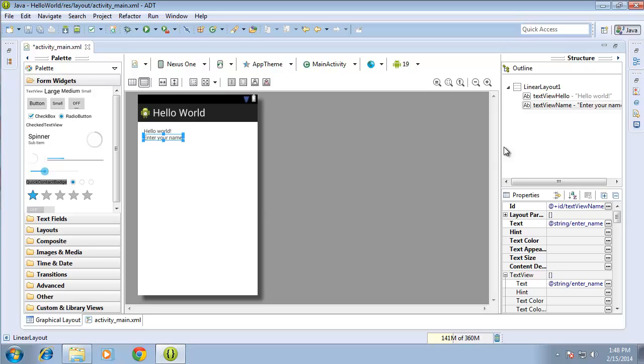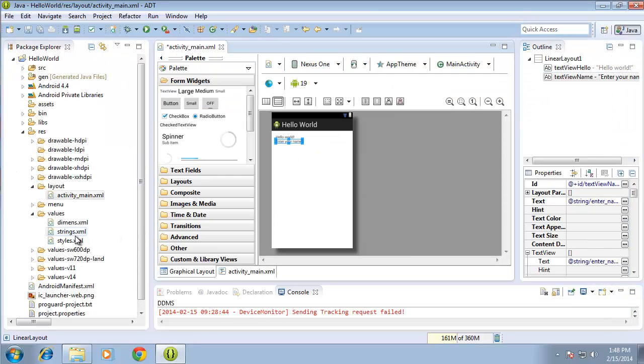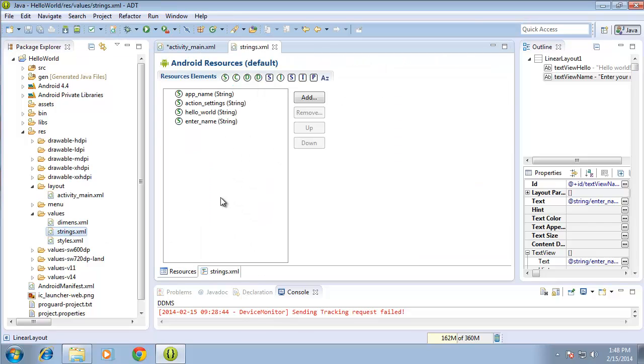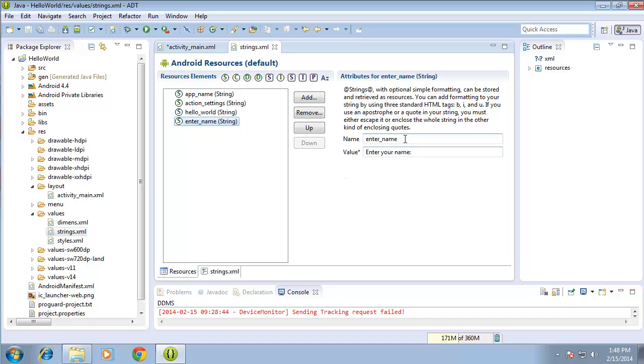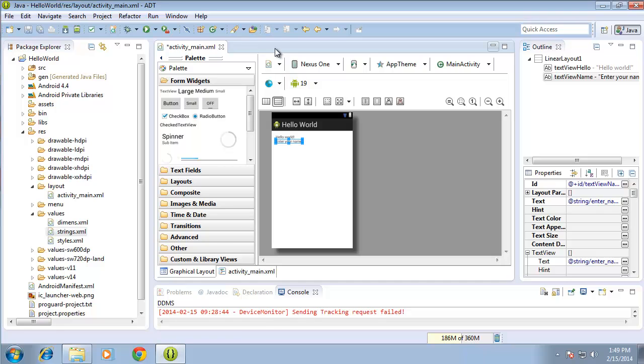Now let's take a quick look at examining the strings.xml file. I'm going to restore that back down, and I'll find the strings.xml file. In this file I'll see all four of these string values that are created for our application, the enter_name being the newest one. If I click on that, I can see that the name of the string is enter_name, and the value that gets displayed is "Enter your name:" and I can make modifications here. I can add additional strings here too in the strings.xml file. I'm going to close that now and return back to the activity_main.xml,